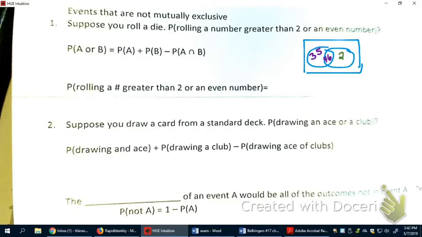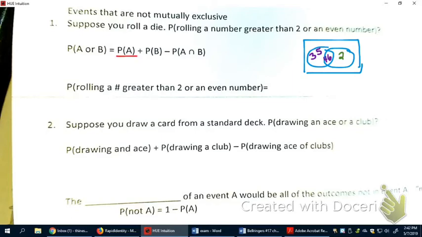And so I listed 3 and 5 separately from the 4 and 6 because 4 and 6 is included. Okay? So if I want to figure out the probability of or, well, there's 1, 2, 3, 4, 5 ways to get it. Okay? Now, to use the formula,